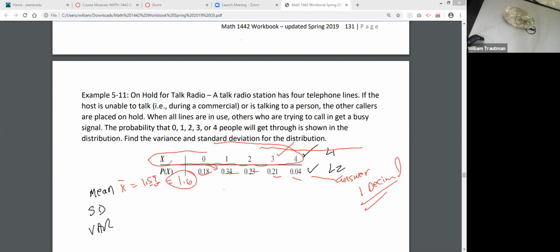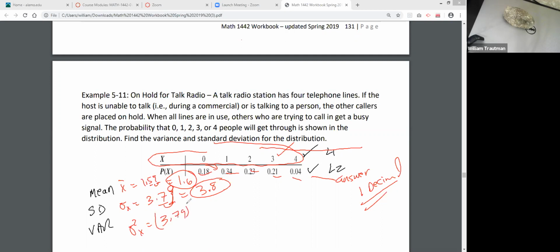1.6. Standard deviation, population standard deviation is 3.79, but we take it to one decimal place. 5 or more, you add 1 to it, is 3.8. That's the standard deviation. And variance is, take the whole number,